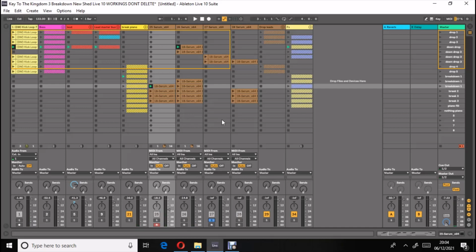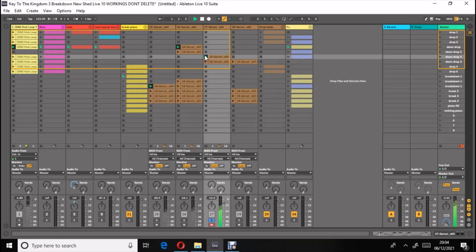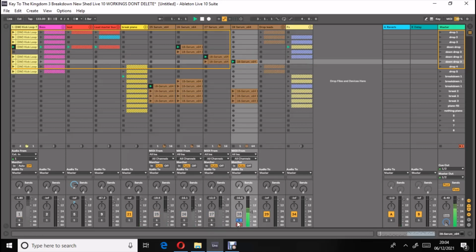I really do need to name these. Side chain bass, lead, side chain lead, and then I've got my effects down here which I'll go into in the third part,